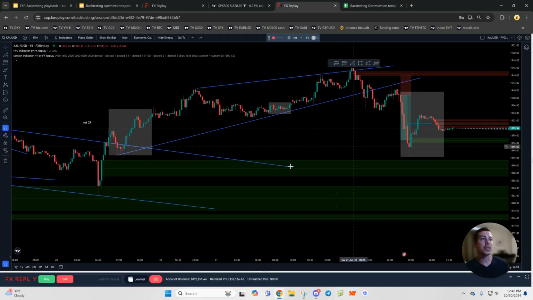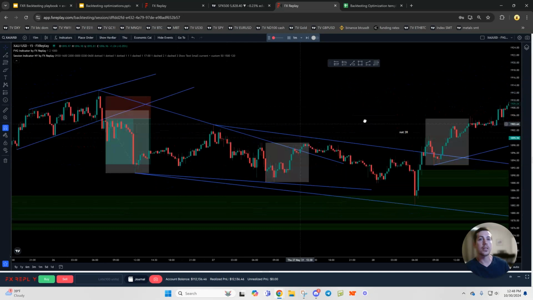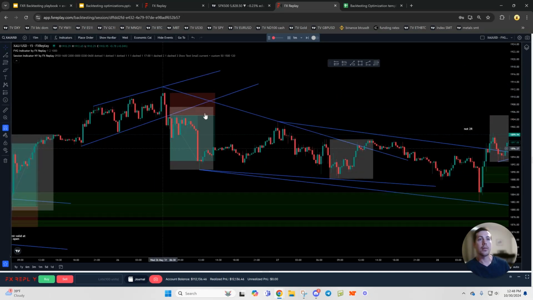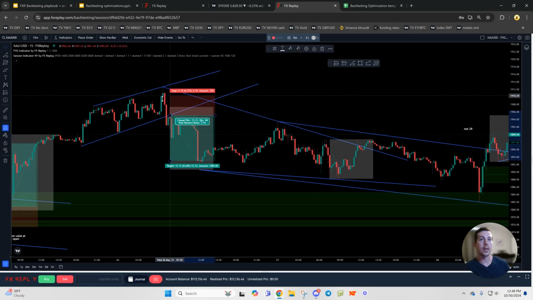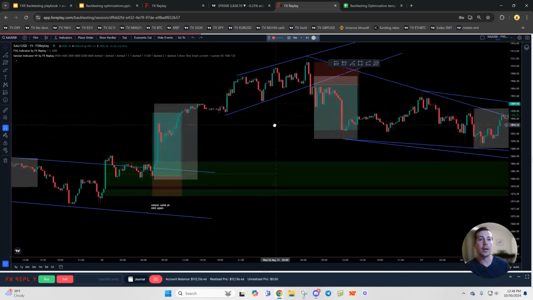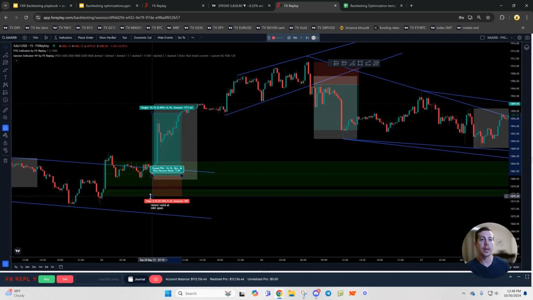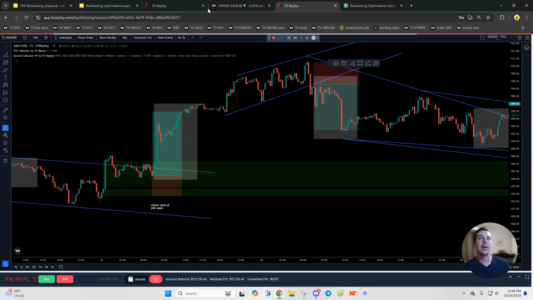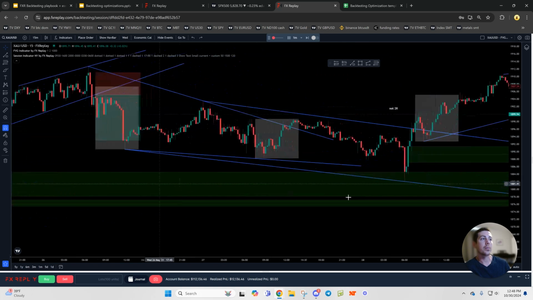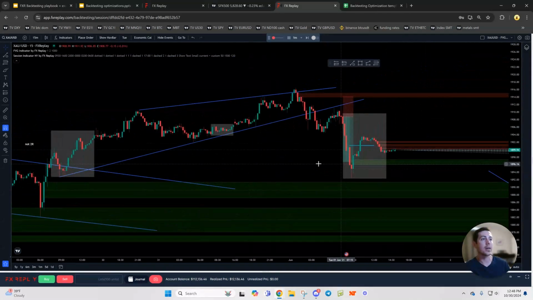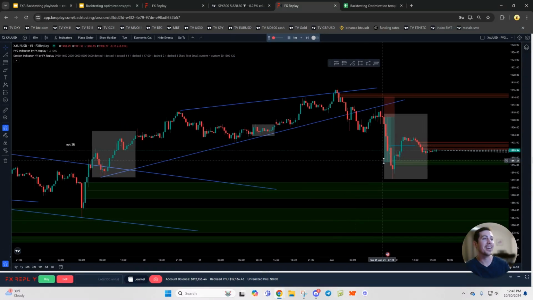So you really are just scrolling back through your trades, adjusting the position size tool based on the adjustments you're making. Maybe I want a slightly tighter stop loss. I had 2 lines of defense. Maybe I just want 1. Same thing. Maybe I want to tighten this up a little bit, and I'll see how that impacts things. But you just got to scroll back through your backtest, and I guess a quick hotkey,